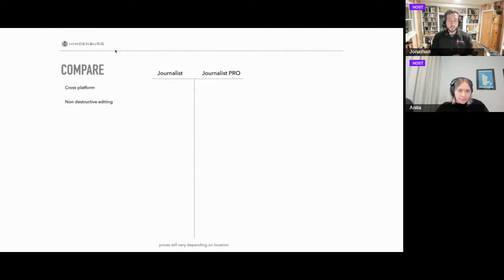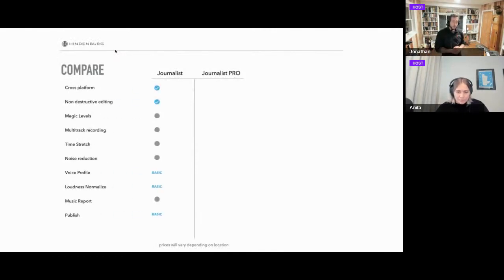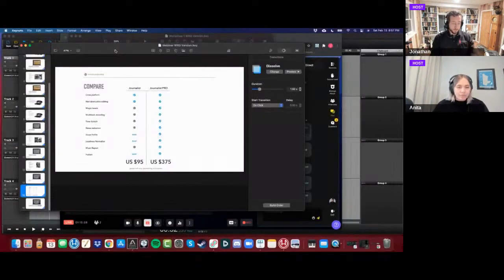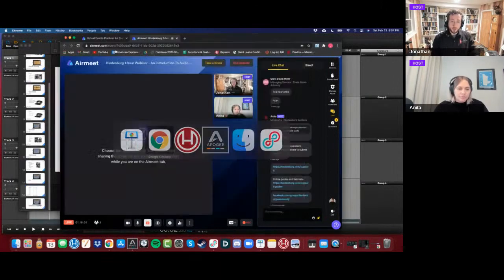So here you can see some of the differences between Journalist and Journalist Pro. And as Anita said, there's a 40% off sale for today, although depending where you are, there's not much of today left. But there it is, nonetheless. And so any questions that you have, you can always ask us in support. But hopefully we give you an idea of what it's all about and why it's great,